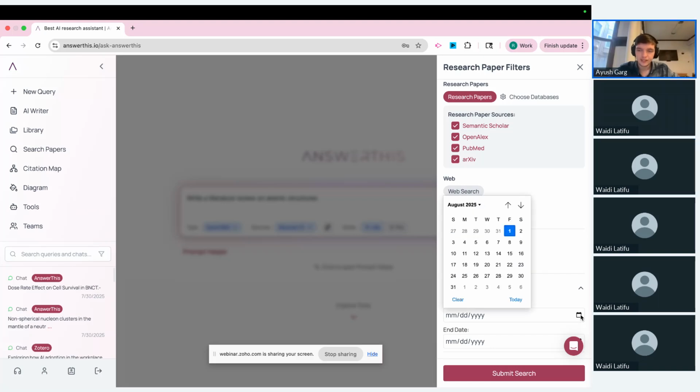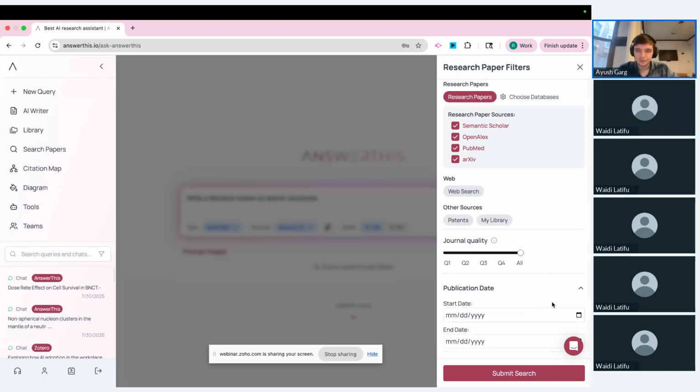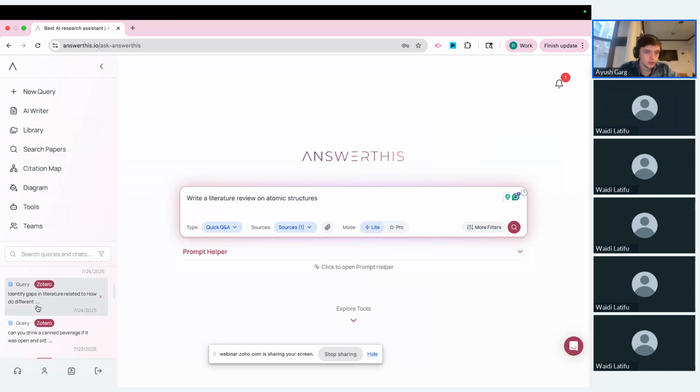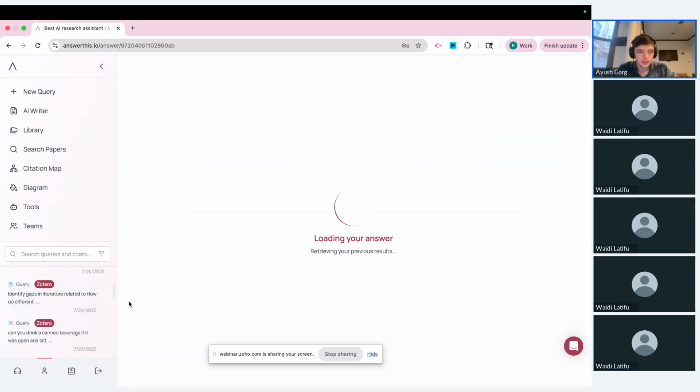And the final thing is this start date. So if we want to only get research papers from a certain date onwards, we can change the start date. And similarly, we can change the end date as well. So if we jump into, let's say, one of the searches I've done before,